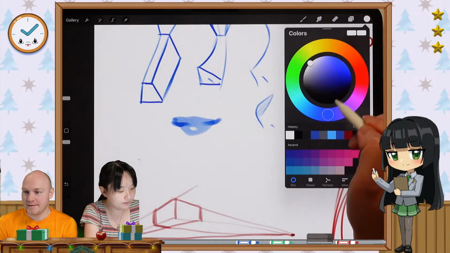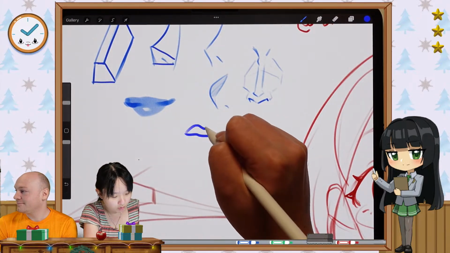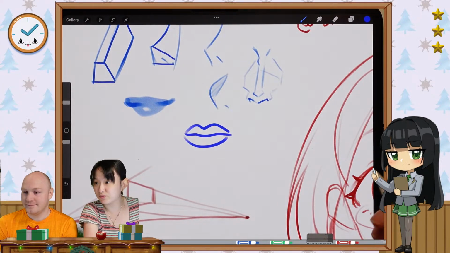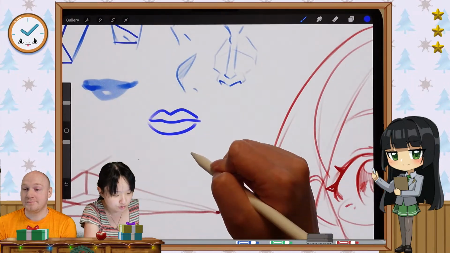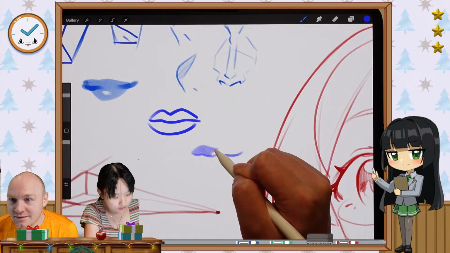I think with lips, I'm on a rabbit trail on lips for a little bit. People tend to draw the whole outline like this, and that's fine if that's what you want. But I feel like it's nicer to go subtler. So, yeah, leave it to the imagination.